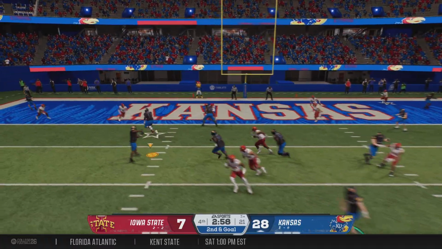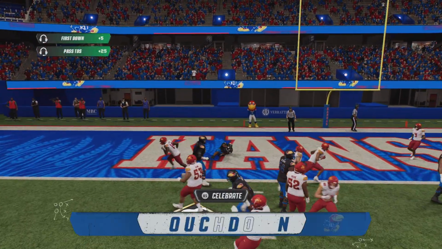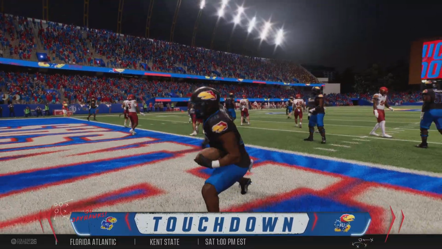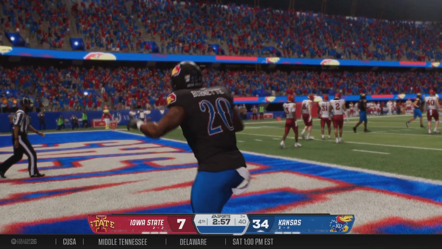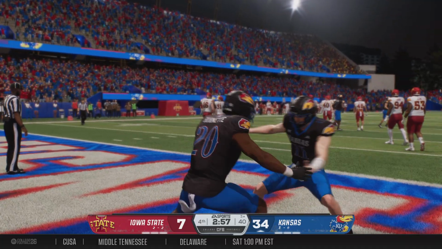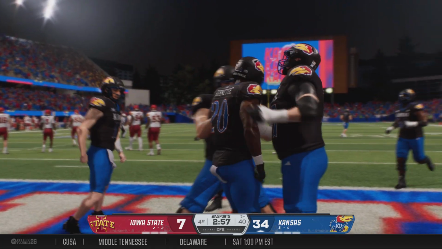White going to attack through the air. Swings it out to the flat, and he'll run it into the end zone. Touchdown, Jayhawks! With that, the lead nice and comfortable, and they're cruising toward a 4-0 start.